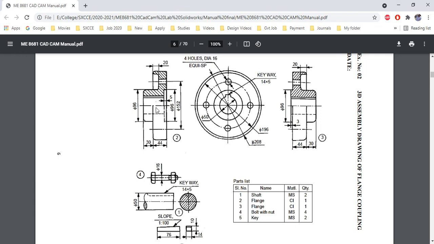From the center line to this region, the distance marked here is for the 50 mm hole. So from here to here we are having a 50 mm diameter. This shaft is placed inside this hole. The upper region is 25 mm and the lower region is 25 mm.